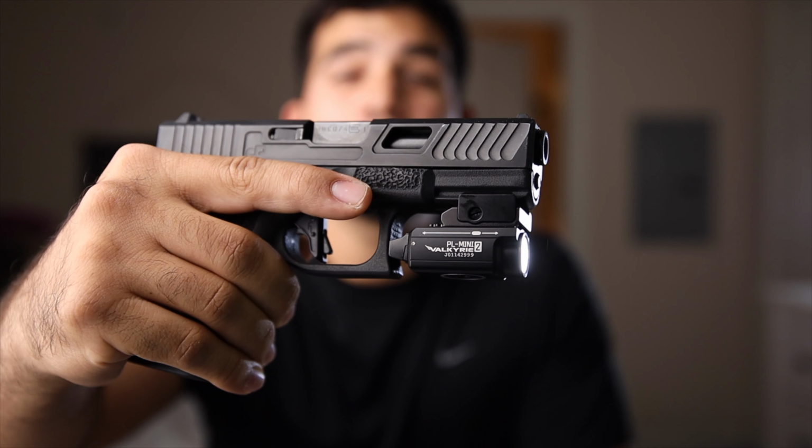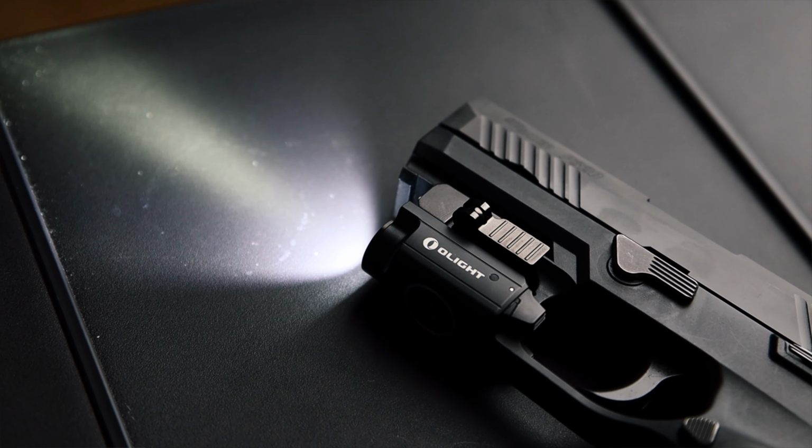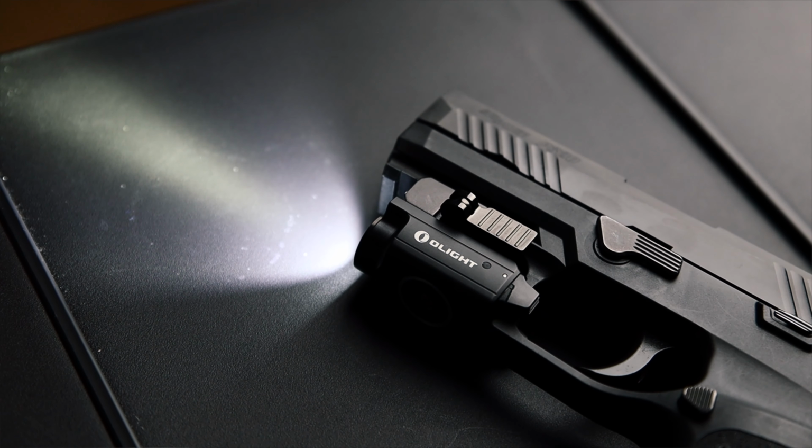Plus you have 600 lumens on this little light. And yes, you heard me right, this tiny guy can blow 600 lumens and this can be in your EDC carry gun. Besides having 600 lumens, the PL Mini 2 Valkyrie can fit most of my pistols,